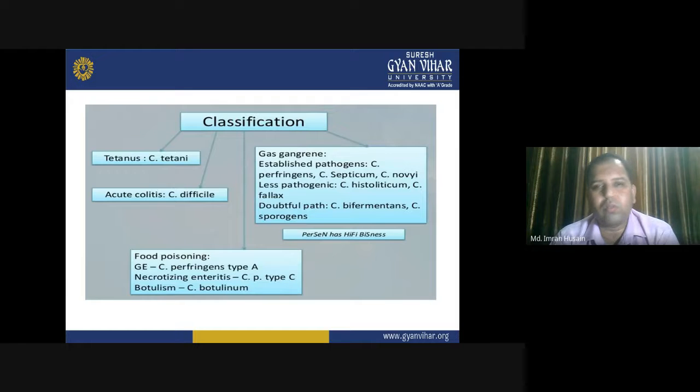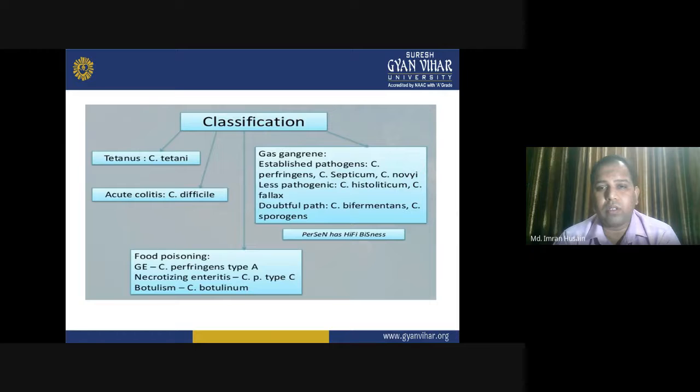So when we go into the classification of this family, we see that they have a variety of nature. Not two types of Clostridium are similar. Every time they have differences, and their functionality is very different. So in classification: tetanus is caused by Clostridium tetani, acute colitis by Clostridium difficile, gas gangrene